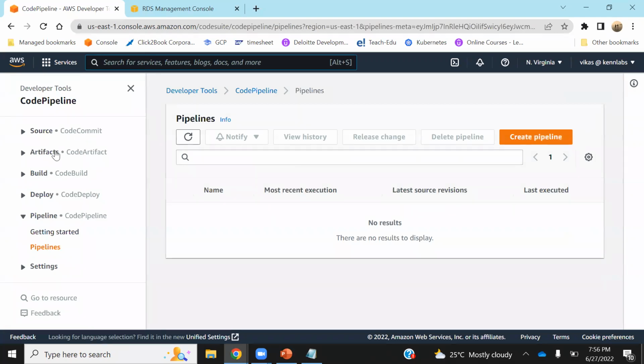So you will have your source code, you will have the artifact, the build will happen, then the deploy will happen, and finally the pipeline will get ready. So my CI/CD pipeline will be ready and I will be able to do deployment automatically. These things will come in the coming class. Okay. But as of now, what you need to know is that